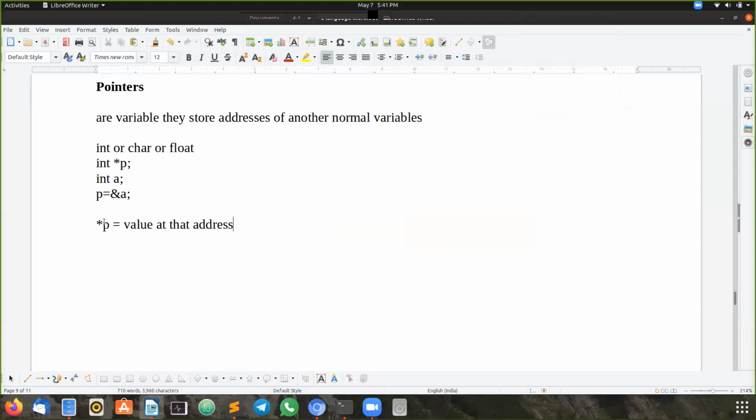So when we want the value at that address, we will write asterisk and the variable name. If you want to have only the address, then simply the variable name is enough to retrieve the address.